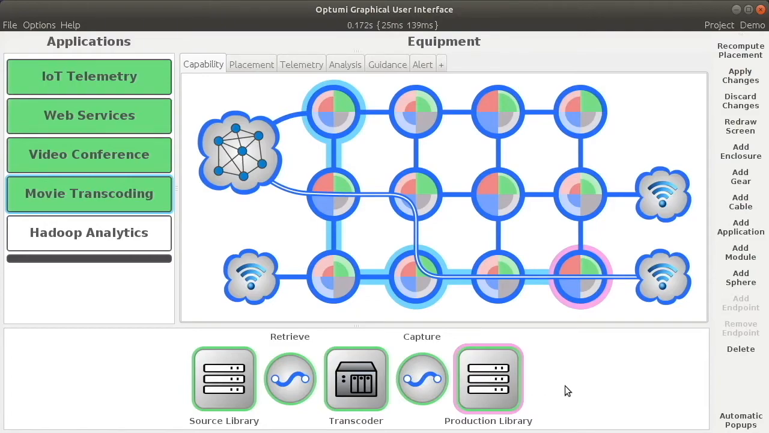What if we want to store that production output on a new server? We simply add one, like this, and add a few cables, like this, and then we move the output to the new server and recompute. We make it that easy to adapt your